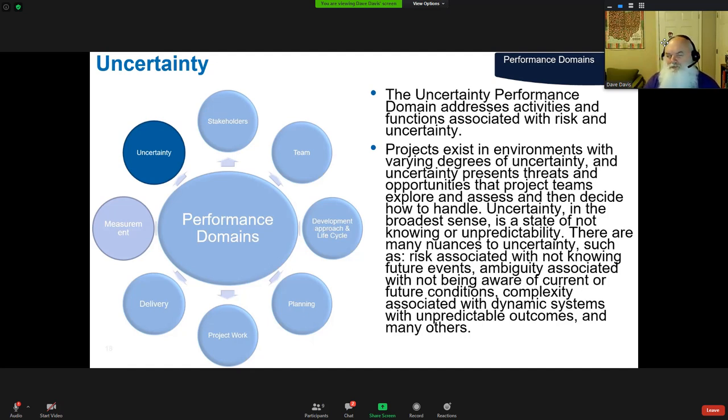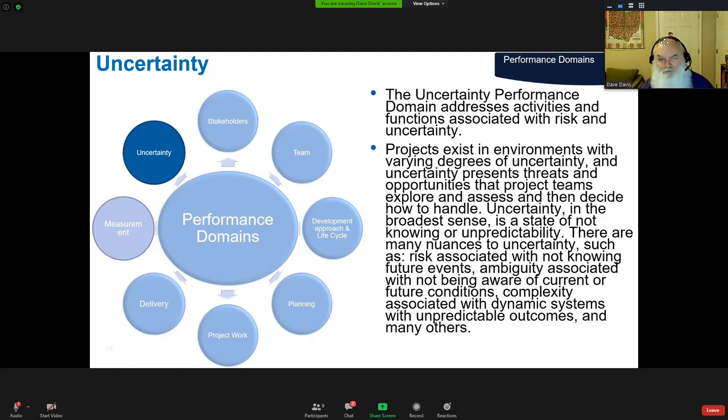But the project manager now has a set of approaches and tools and agreed to standards in order to help reduce the uncertainty of the deliverable of the project environment. There can be all sorts of things we'll talk about. You know, they say uncertainty in the broadest sense is a state of not knowing or unpredictability. So I think there's going to be different levels based on the complexity of the project and some of that stuff. But still, it's helping to embrace the uncertainty, maybe identify it, even personify it so you know what we're attacking, and to be able to communicate how we're dealing with uncertainty.